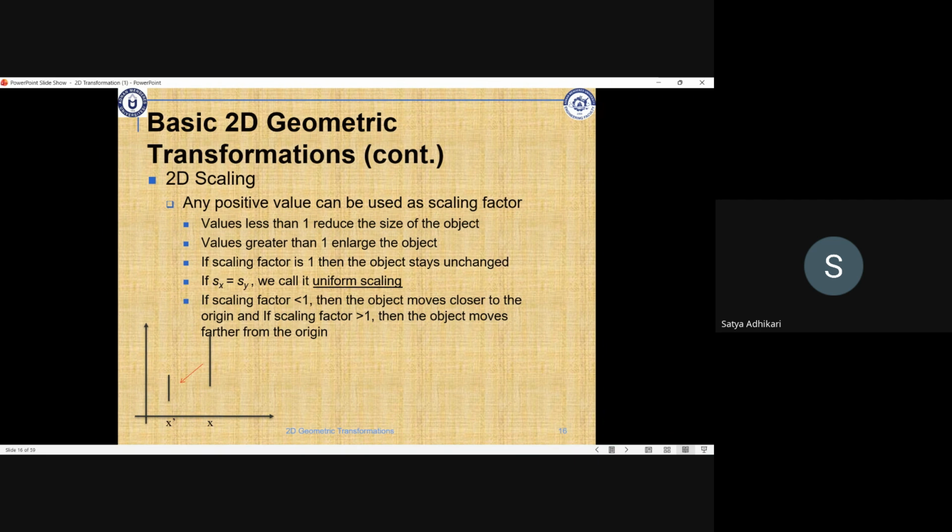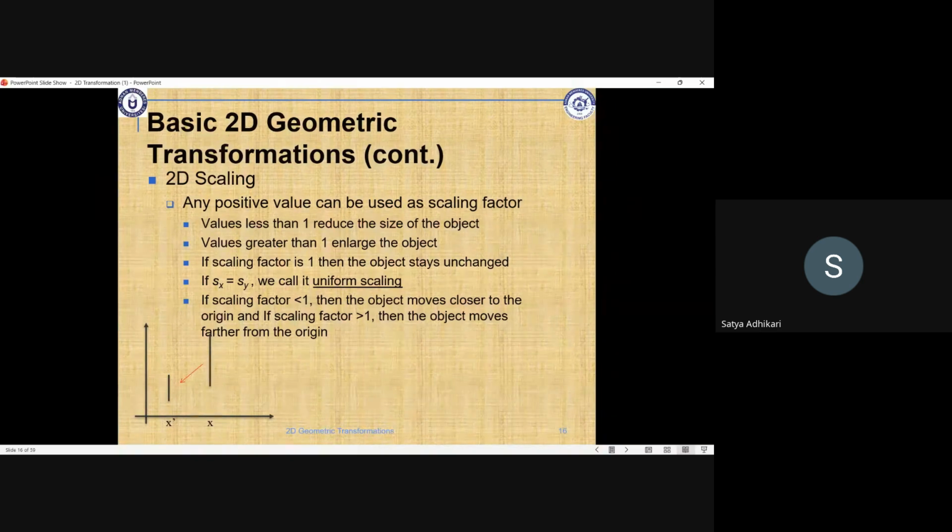If you multiply 1 with any number, the value remains the same. But if you multiply by a number greater than 1, such as 2, 3 or 5, the value increases. Similarly, if we multiply by a number less than 1,